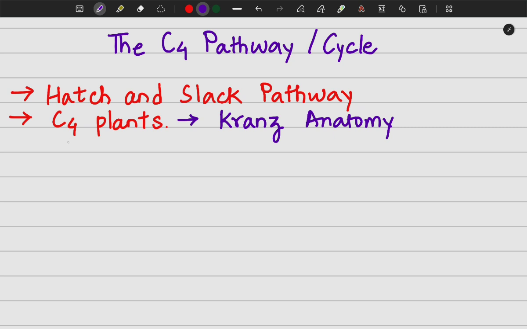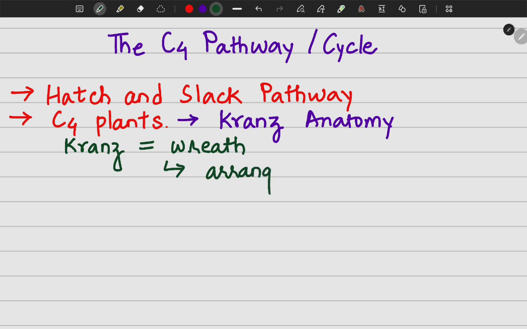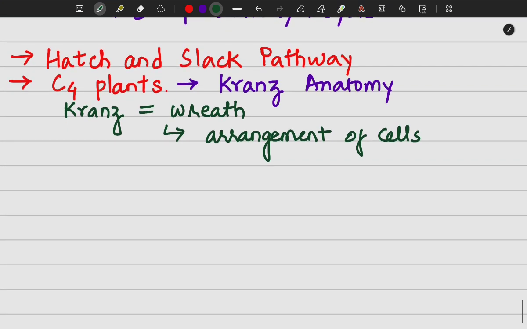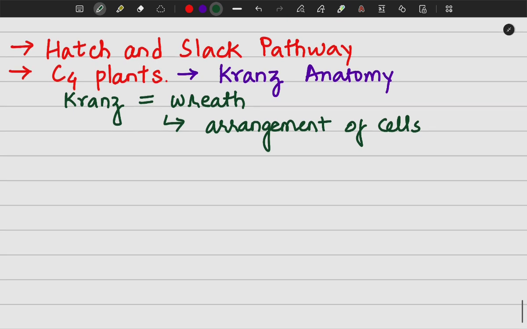Alright, so Kranz means wreath. If we look at the word Kranz, it means wreath, and it is associated with the arrangement of cells, specifically around the vascular bundle. So let us look at this Kranz anatomy. If we talk about the anatomy of a leaf of a C4 plant, then if this is the vascular bundle in the middle,